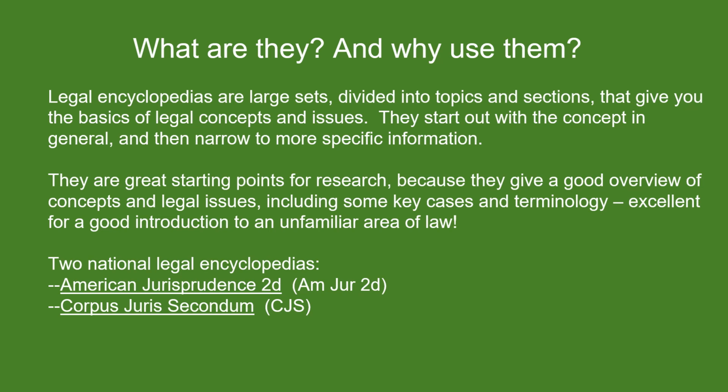There are two national legal encyclopedias, American Jurisprudence Second, also called AmJur Second, and Corpus Juris Secundum, also called CJS. They do pretty much the same thing, and which one you prefer is up to you. Some people like AmJur Second because of the cross-references it gives to other AmJur publications. Some people like Corpus Juris Secundum better, CJS, because it's more tied into the Westlaw and West Reporter system, but